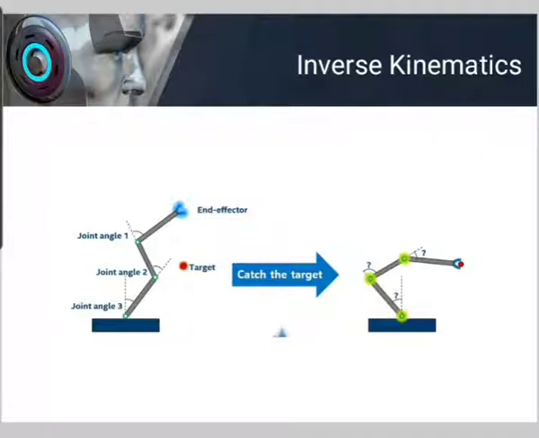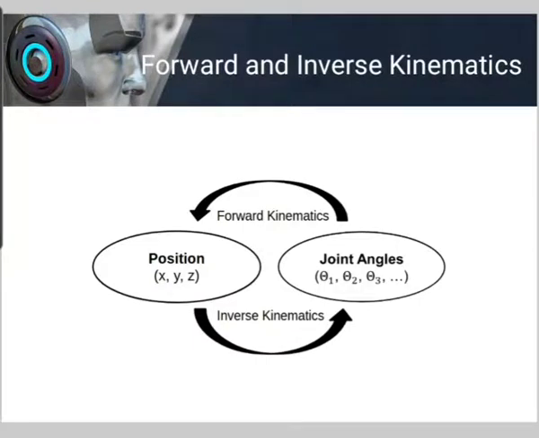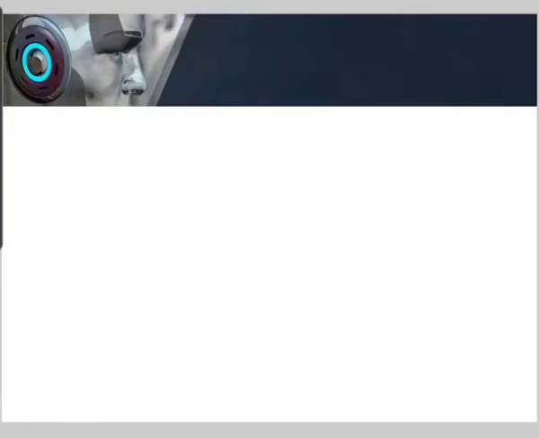Inverse kinematics transforms the motion plan into joint actuator trajectories for the robot. A similar formula determines the position of the skeleton of an animated character that is moved in a particular way in a film. This diagram shows the forward kinematics and inverse kinematics, the positions and the joint angles.